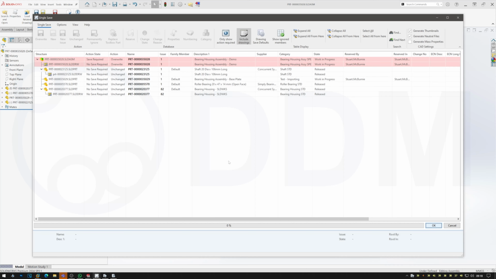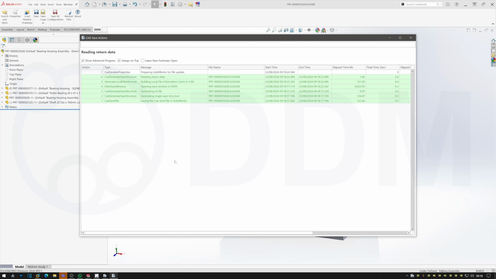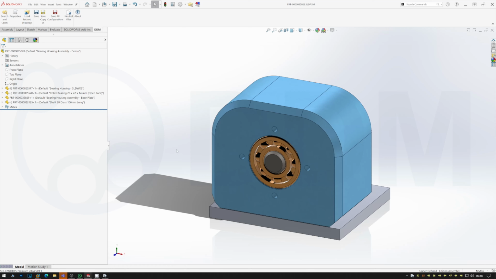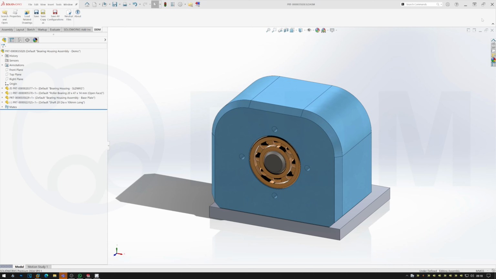When I run my save now, as soon as the save progress has finished and my save has completed, the user can carry on working, even if the files are still uploading in the background to the server. So if you're doing a large assembly save and there's lots of files and you're working on a remote connection, these files will upload in the background. Therefore, we've eliminated the slow network performance on saving. So if I now go to my drawing,